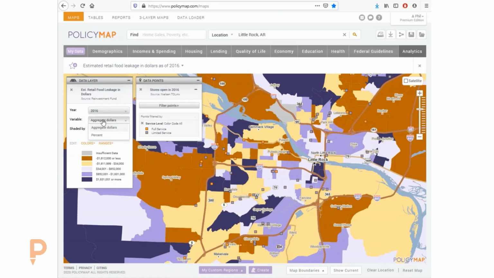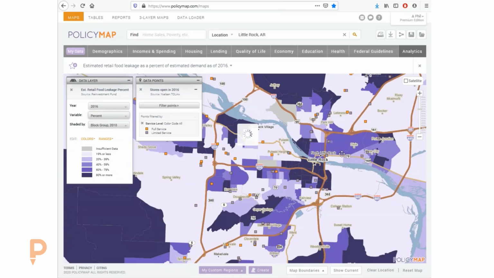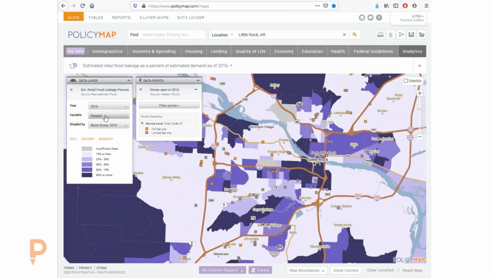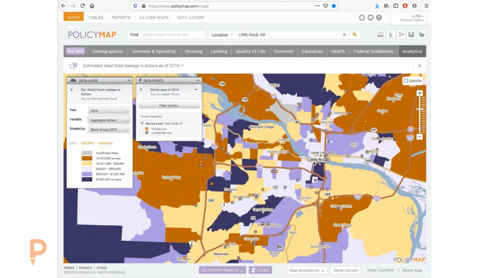Yeah, and again, when we started doing the updates to this methodology, we would show percentages, and they would say 100% of the money leaving here is going to another place, but that really doesn't sell the point until you start looking at the aggregated dollars, and then you're talking about millions, and that answers a much different need for a developer in that sense.